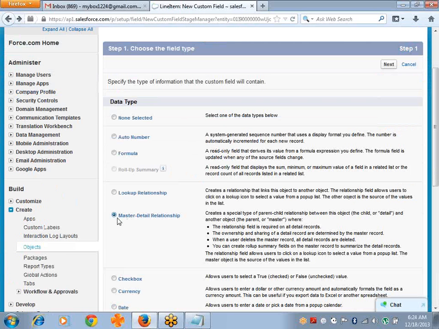Select MD. See here, while creating MD, it creates a special type of parent-child relationship between this object, which means the child, and another object, the parent or master. This is the parent and child. Field is required on detail records. Now this is a field, and the child will have detail records. The ownership and sharing of detail records are determined by the master. So master is the owner. When a user deletes the master,